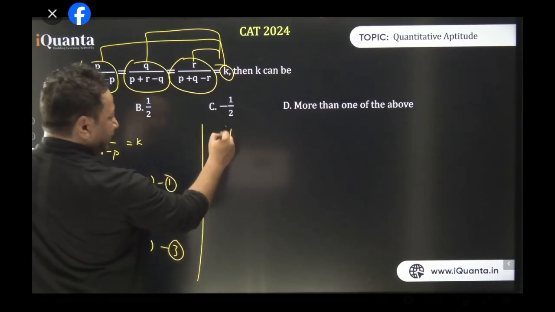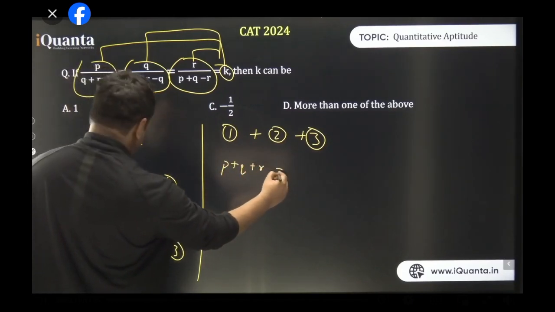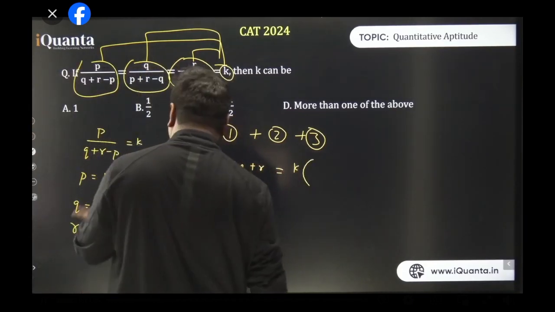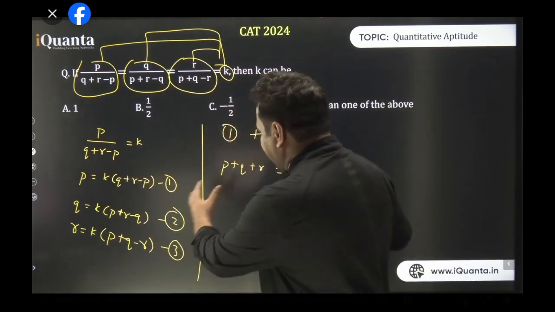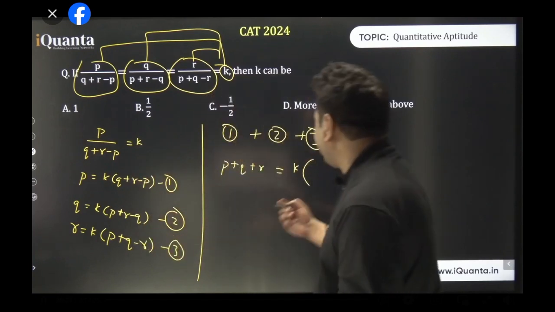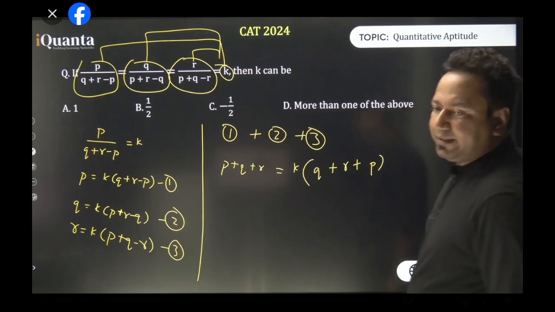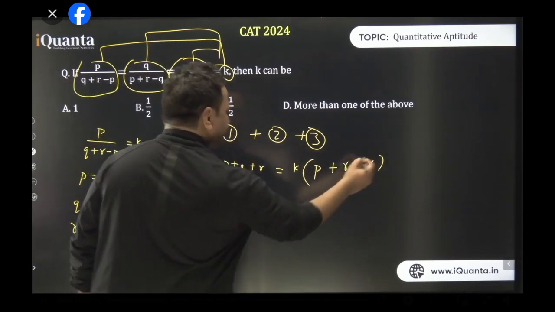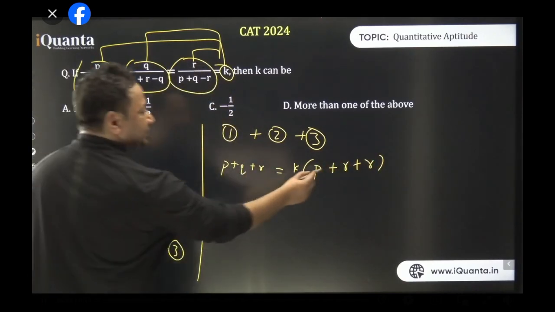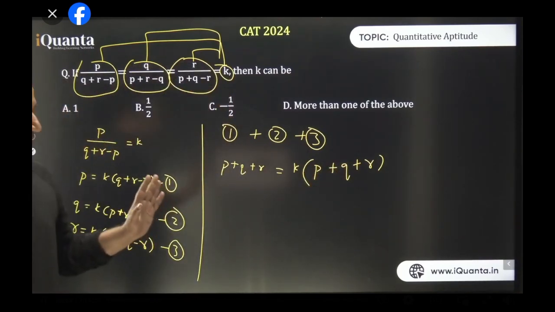Now if I add them all, equation 1 plus equation 2 plus equation 3, the left hand side I'll get p plus q plus r. This will be equal to, let's take k common. So this will be how much? As you can see, if I add them all, I'll get q minus q plus q. I'll get only one q, only one r and only one p. Yes or no? Is it clear to all of you? Just writing p, q, r in the same sequence so that you don't get confused. Is it clear till here, all of you?